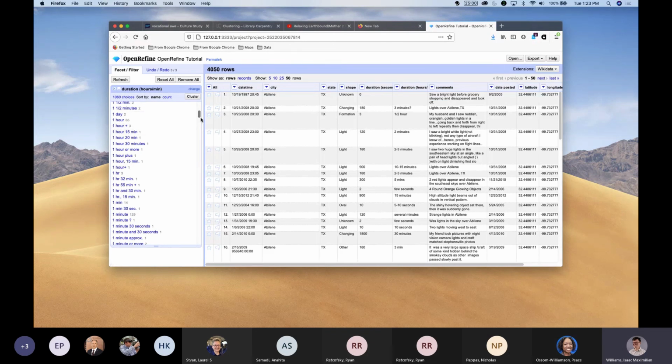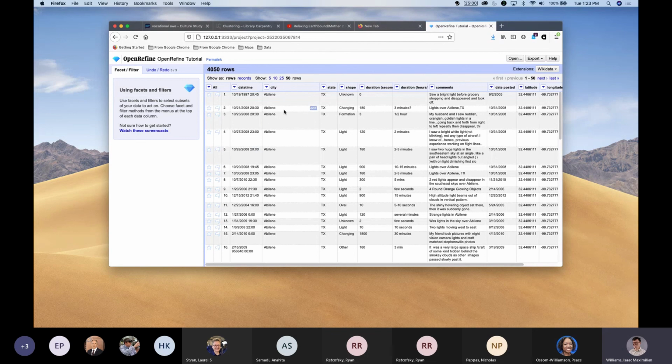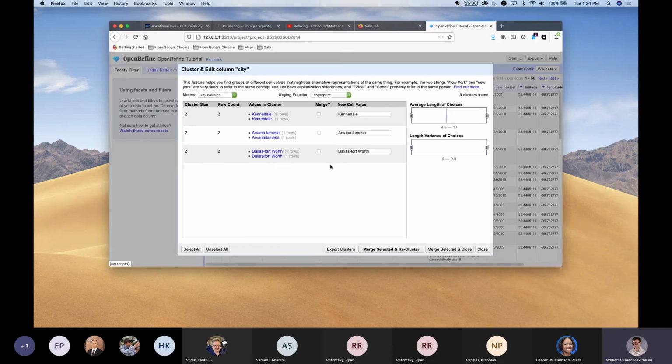Next, I want to talk about clustering. And to talk about clustering, I want to use a different variable. I think we should use the variable city. So to get to clustering, you're going to want to click the arrow at the top of the column, and go down to where it says edit cells. And then in that window, go down to where it says cluster and edit. And this is going to bring up a window